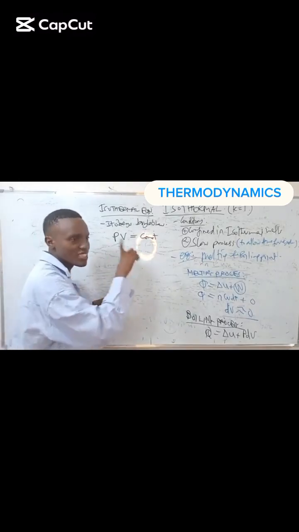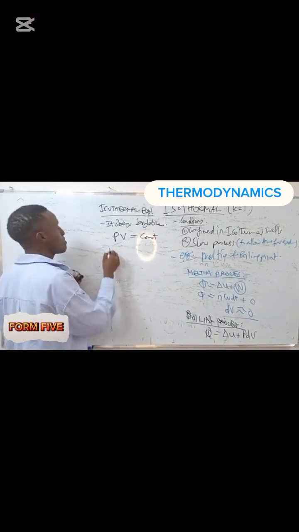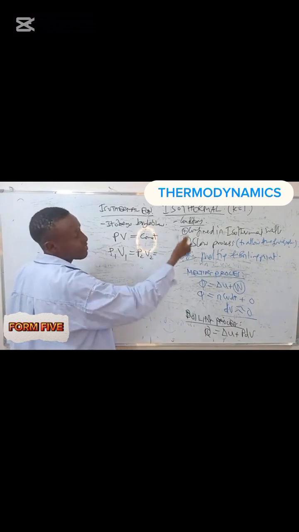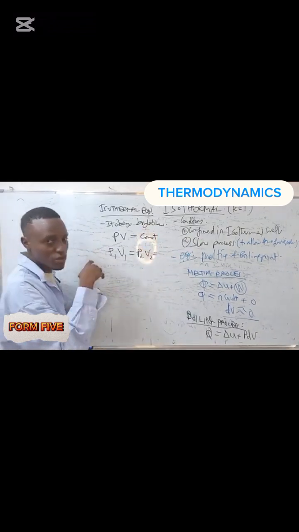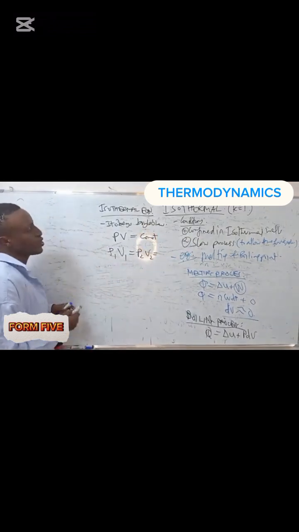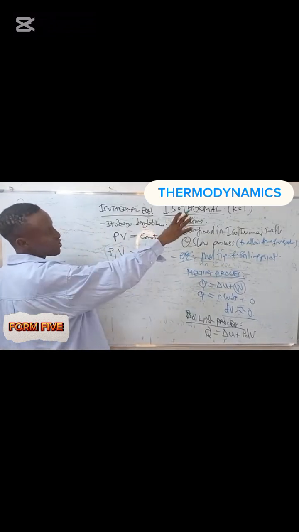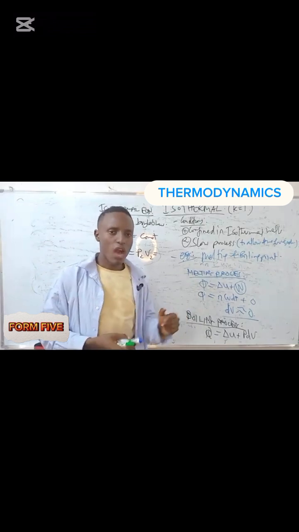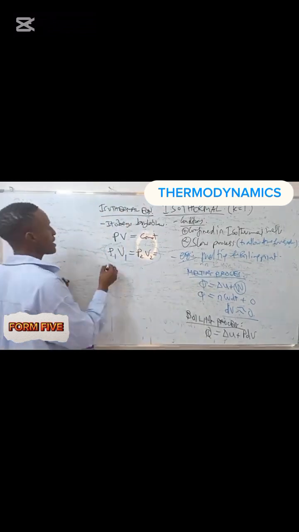If it is a thermodynamic reversible process, you say P1 V1 is equal to P2 V2, and if there are other values, P3 V3, you just say that value will be constant throughout. So that's the isothermal thermodynamic equation. But how about the work done? How can you find the work done? If they ask you about the work done